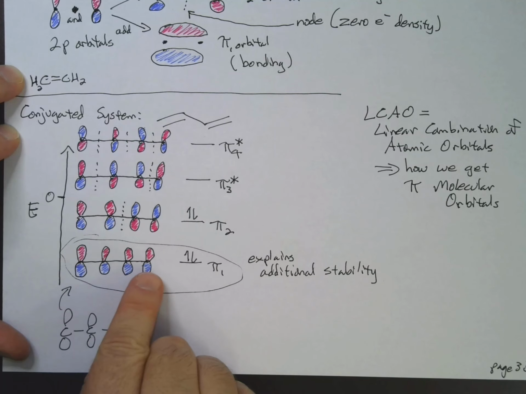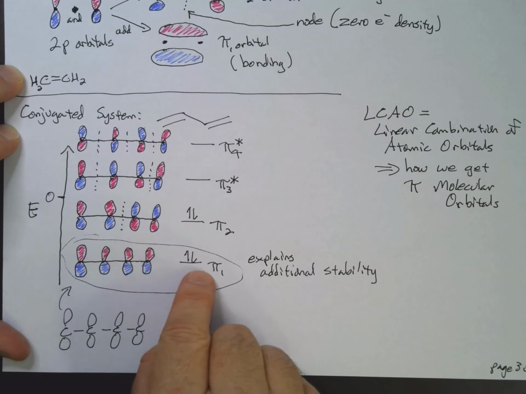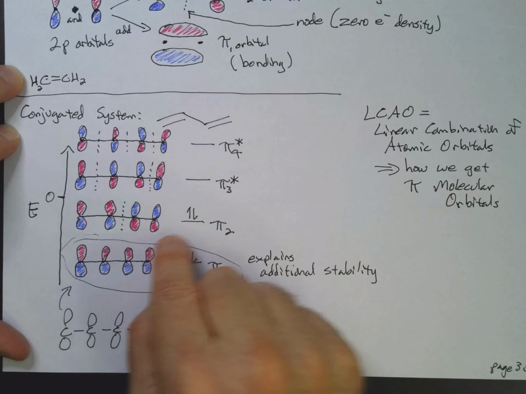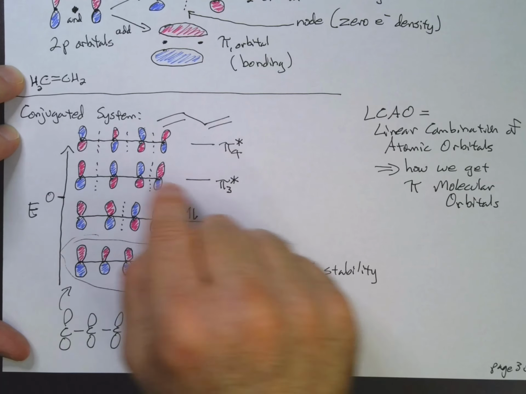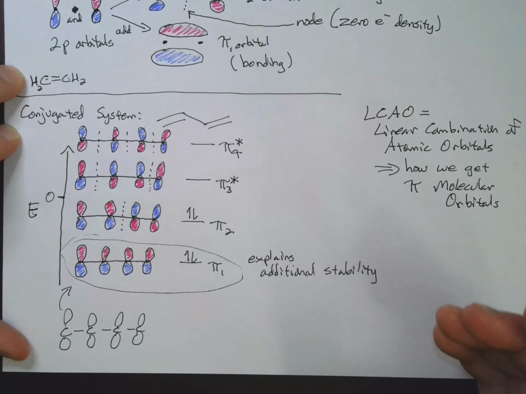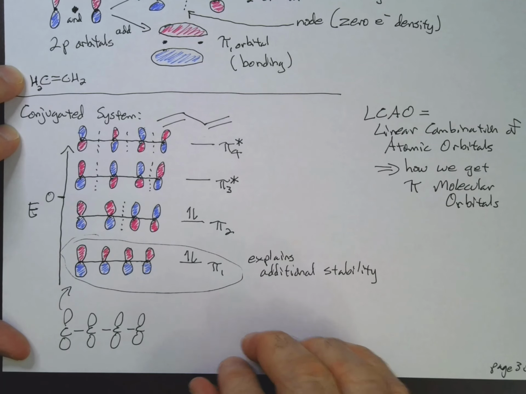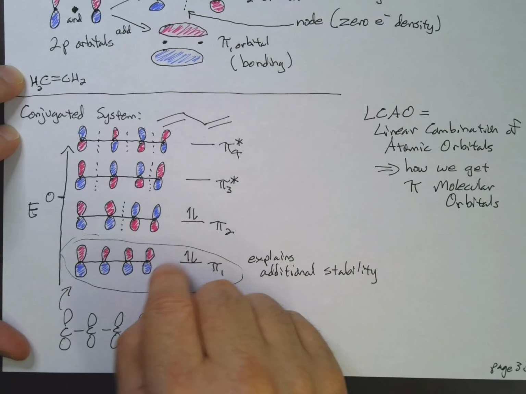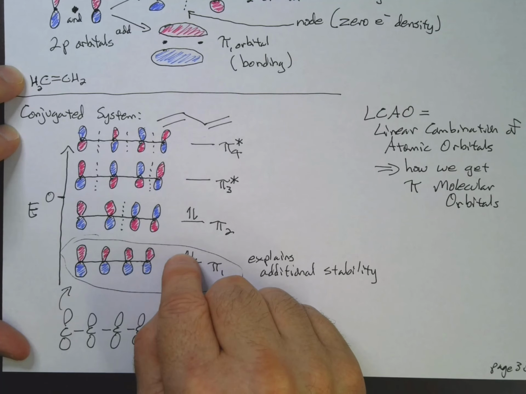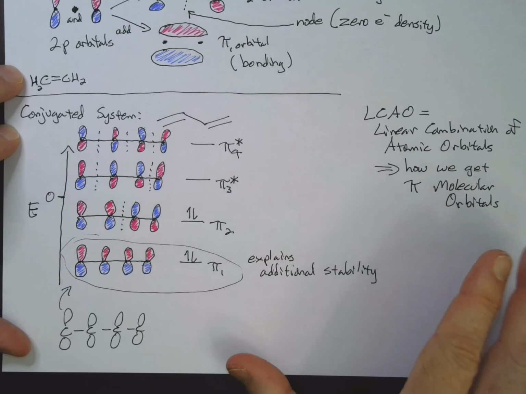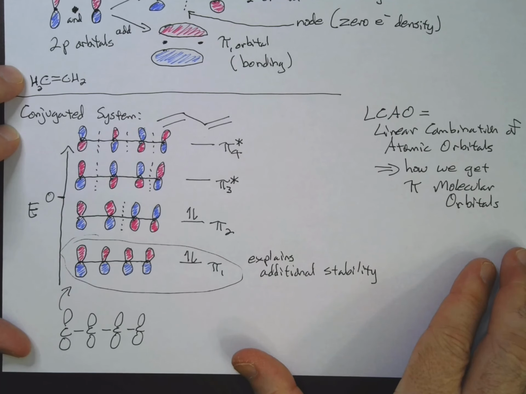When everything's the same phase, that's our lowest energy. When I've got one node, one place where the phases switch, that's my next highest. Next one up has 2 nodes, and then 3 nodes. If I had a triene instead of a diene, and I had 3 double bonds and 6 carbon atoms with 6 p orbitals, I would have 2 more sets of blobs here, and I'd have another 2 orbitals. And you can draw these if you want. They take a little bit of time. But anyway,